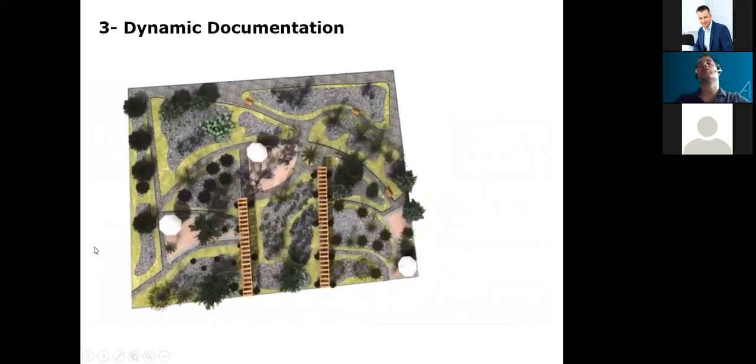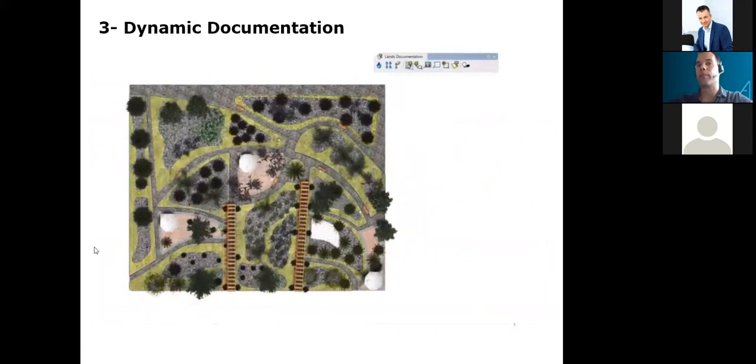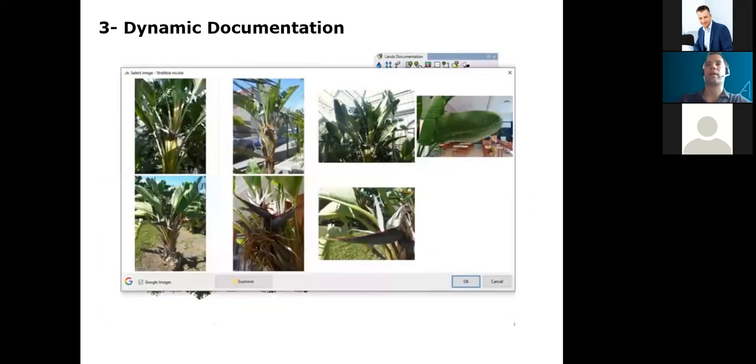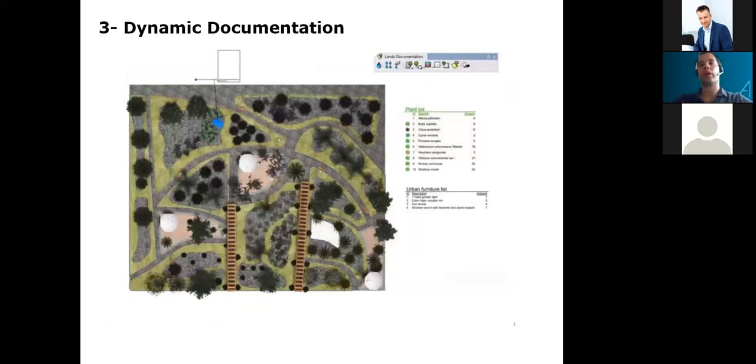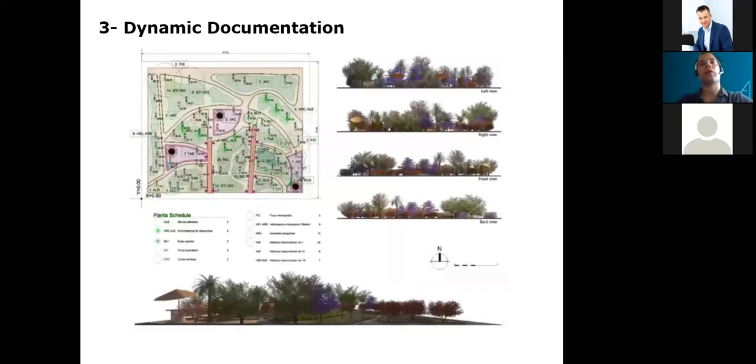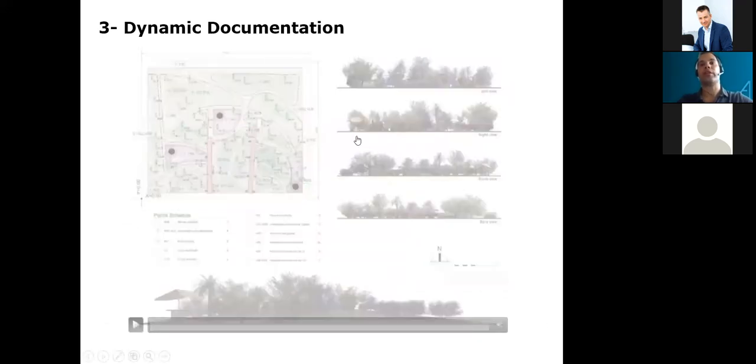Well, also Lens Design provides a set of documentation tools. For example, as I mentioned, you can list all the information of elements. So we can have a plant list or an urban furniture list, or also add pictures of the plant species that we are using in the model. Also tools for dimensioning, and at the end of the day, have all the plant sections and documentation of the